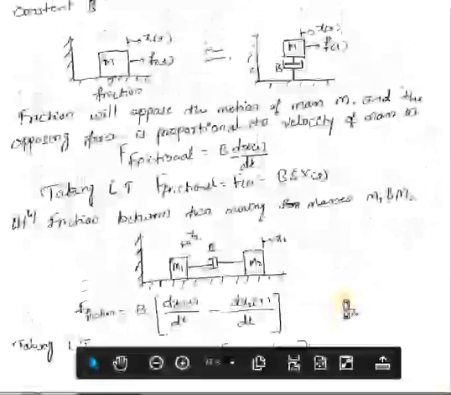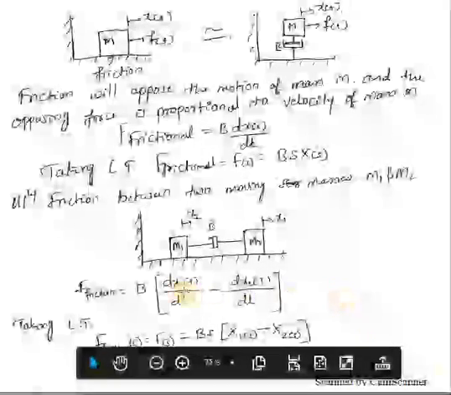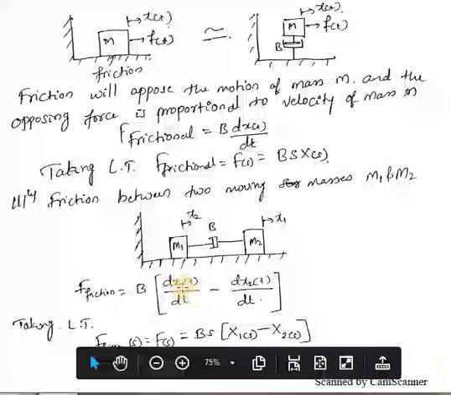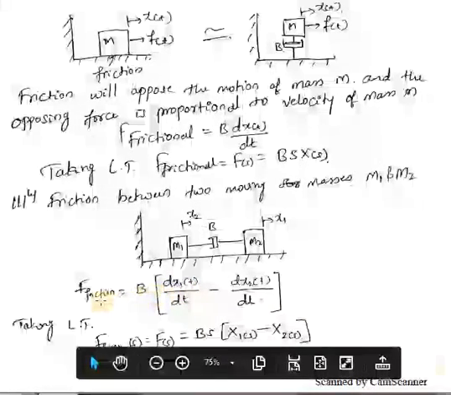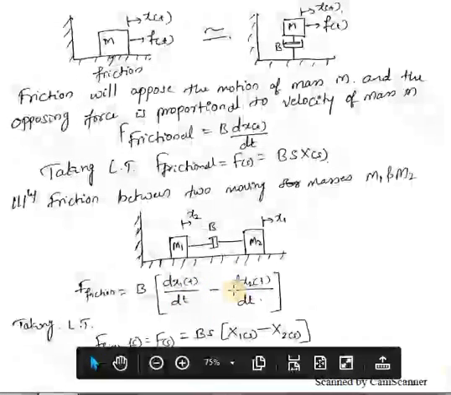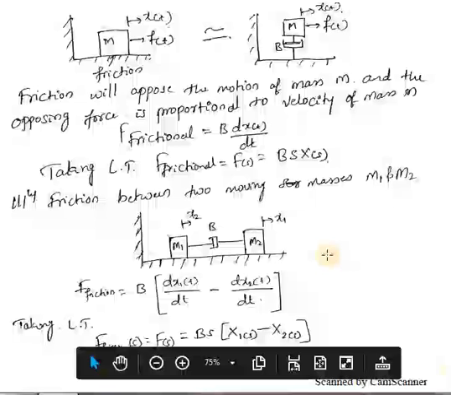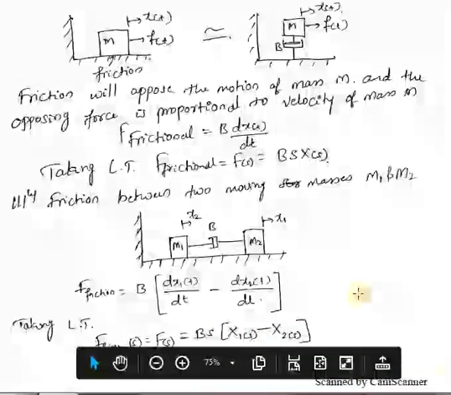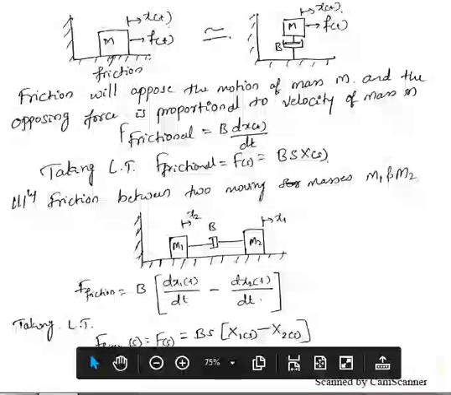So the only difference is, while writing the equation, you have to consider the force proportional to velocity, not to the displacement. So f of friction equals b into d by dt of x1 of t minus d by dt of x2 of t. If you take the Laplace transformation of this equation, you will get f of s equal to b into s times x1 of s minus x2 of s. Now moving further,